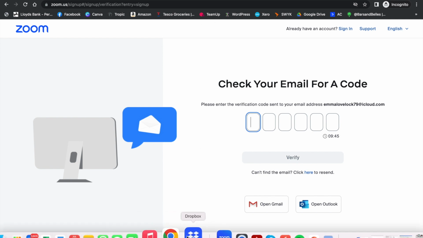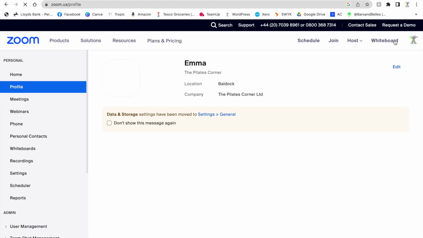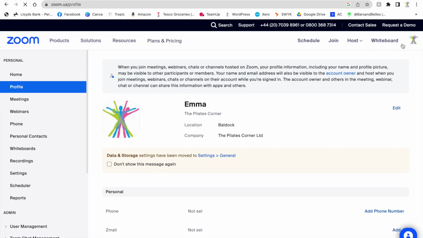So once you've logged into Zoom, you will then have access to your account. You don't need to do anything with the Zoom end at all, to be honest, and we do everything at our end to set it all up. So all you need to now do is, sorry, that was on